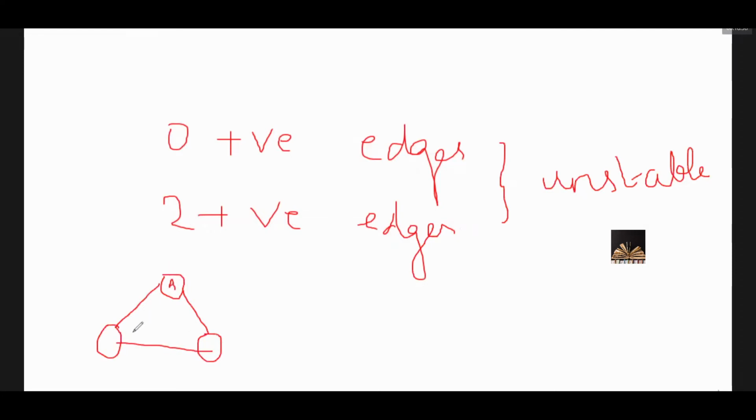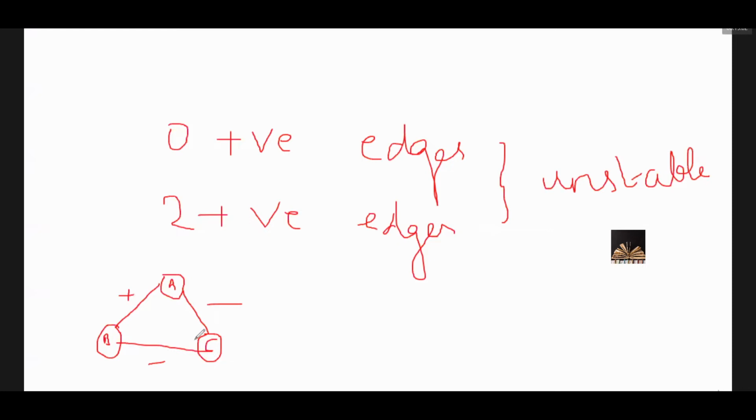A, B, C. Okay. And they'll give the relationship. Now see, plus, minus, minus. What do you mean by this is, A and B are two friends. Okay. And C is a common enemy of both A and B.